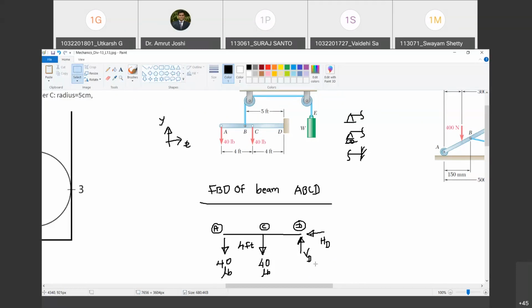see, you never know whether this beam is horizontal or not. Earth is not shown there. Are you with me? Yes. So therefore, instead of calling it VD or HD, I will call it reaction along Y and reaction along X. Are you with me? Yes. Both the notations are fine, but I will call it DY.